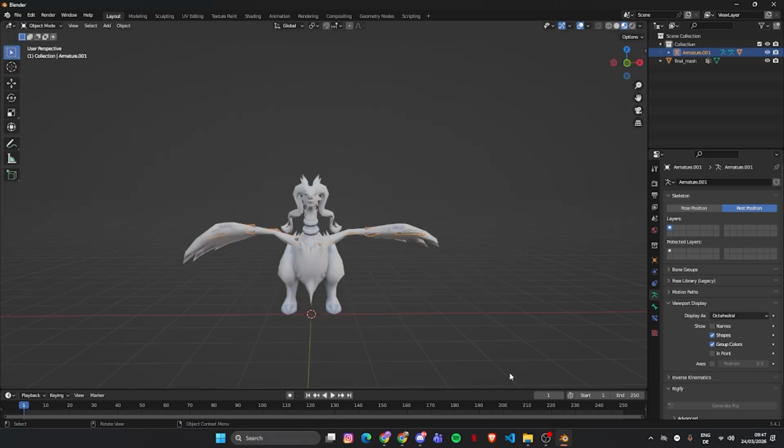I'm gonna have to leave you in a little bit of a cliffhanger because we are going to turn this beautiful 3D exported model into a building in the next video.